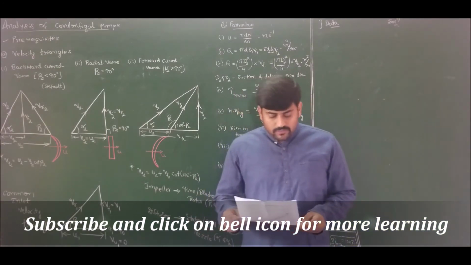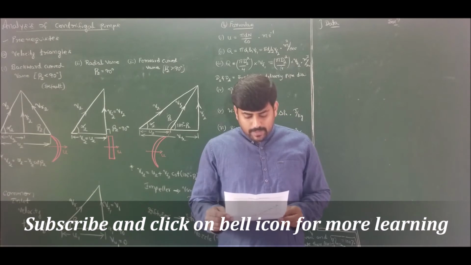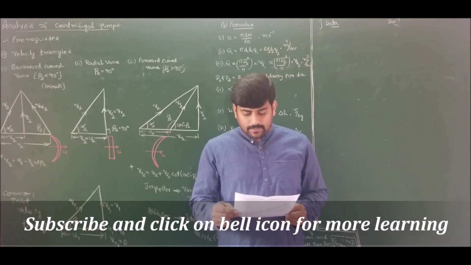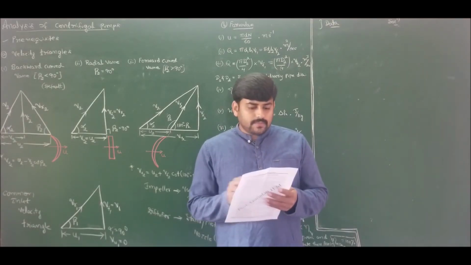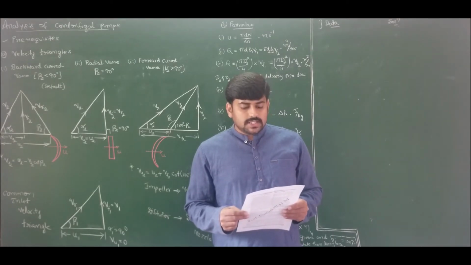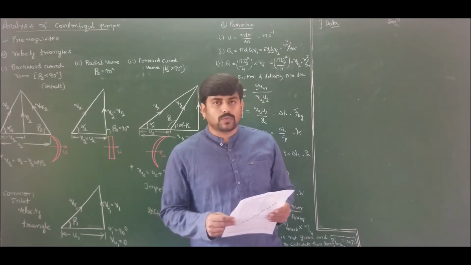Next, moving to problem number 7, it states that a centrifugal pump impeller has radial vanes from inner radius of 8 cm to outer radius of 24 cm. The width of the impeller is constant and is 6 cm between the shrouds. If the speed is 1500 rpm and the discharge is 250 liters per second, find the change in enthalpy and the outlet pressure, if the inlet pressure is 0.8 kilopascals and the fluid is water.